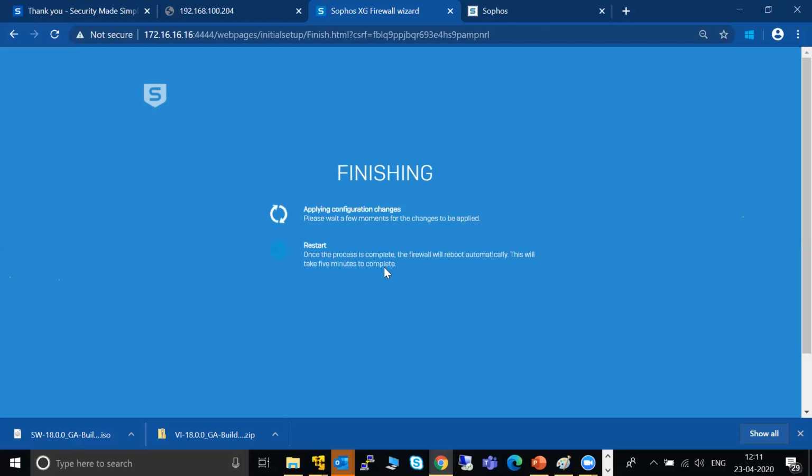It could be VMware, Microsoft Hyper-V, Xen, KVM, and on top of it, any Intel-based hardware. If you have an Intel server, we can run that ISO on the Intel server. In fact, we have our own appliance also.